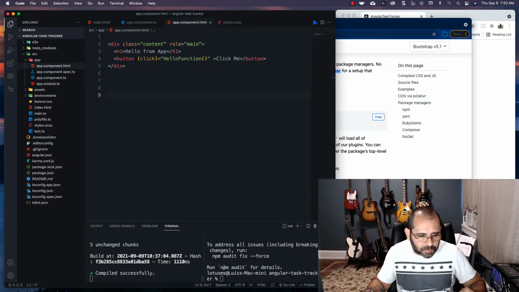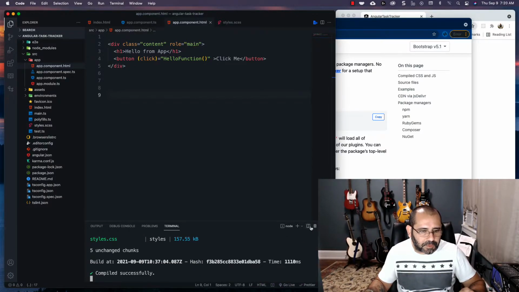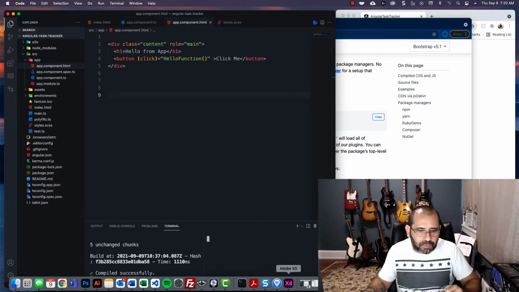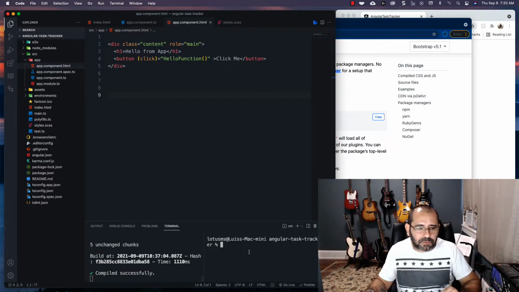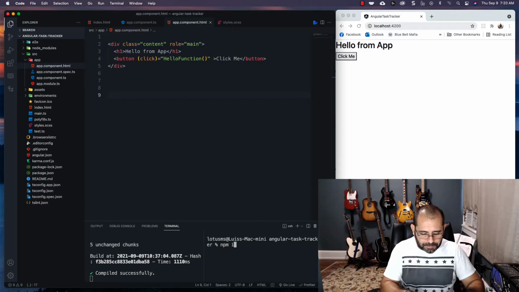And then you see how I have two different windows here. So just to show you how I did that, I'm gonna go ahead and kill this terminal. Click on this right here and hit that little icon, and it will split it so that you have this one that is running your server in here, and then this one that you're gonna be working with your application to install stuff. So we're gonna put npm install